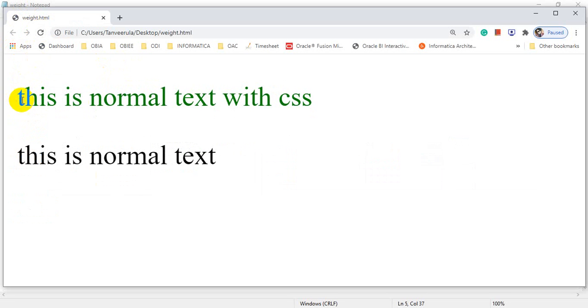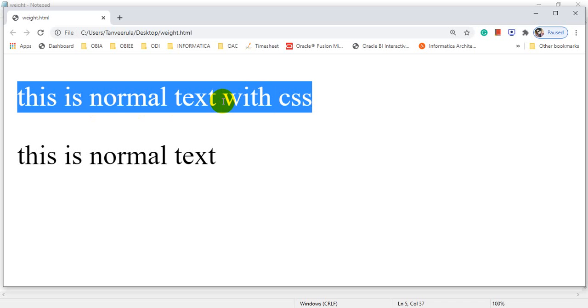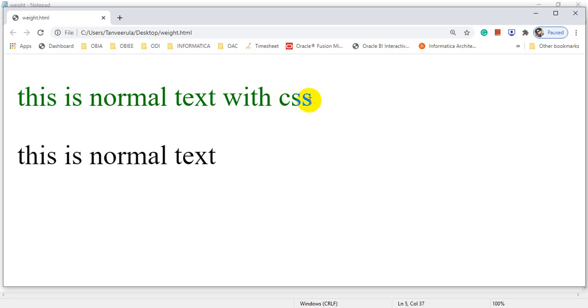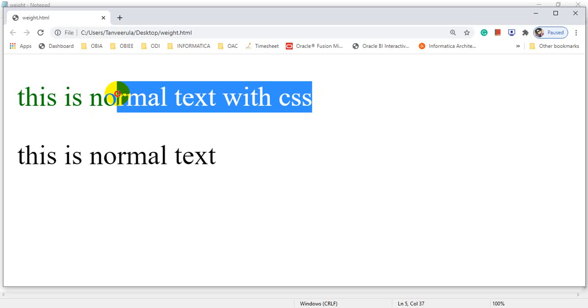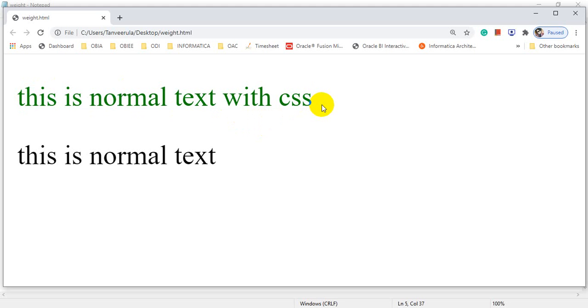In the first paragraph I am using the color attribute as well as the font weight attribute, but I have given 400. As we know, 400 is normal. In the second paragraph I have not used any font weight, but the size of this paragraph and this paragraph is the same, because 400 is normal.